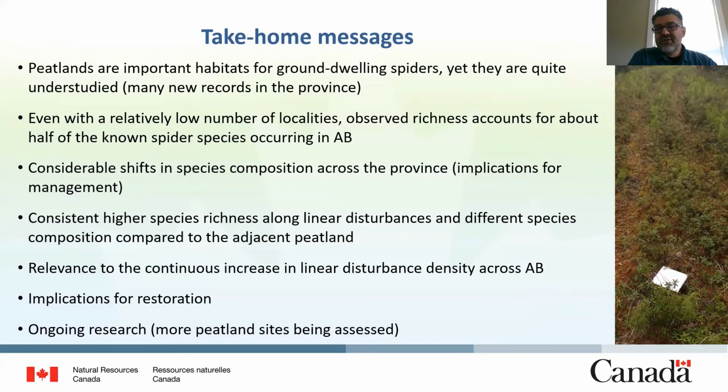There are a few take-home messages that I want to bring from this research. One is the importance of peatlands for ground-dwelling spiders. They are quite important, but there's still a lot that we don't know. There are many new records for the province coming out of this research, and most likely there will be more as we explore other peatlands. It's very interesting that even though we have a very low number of localities, about half of the species known to the province have been recorded across these peatlands. So these are very important habitats for spiders,